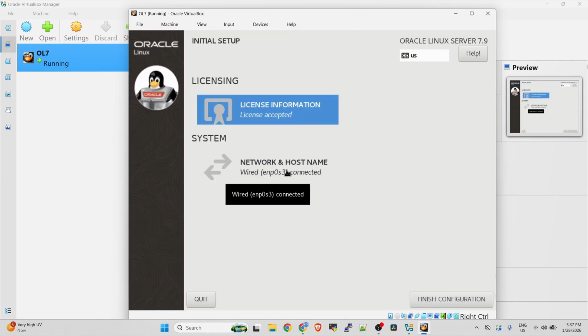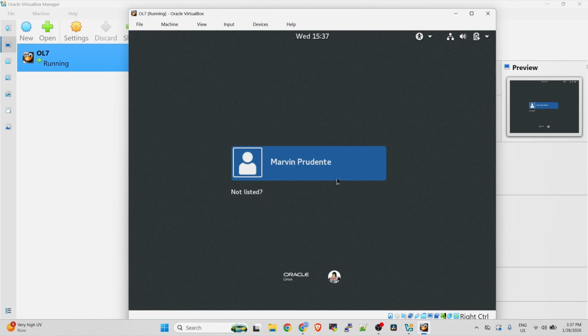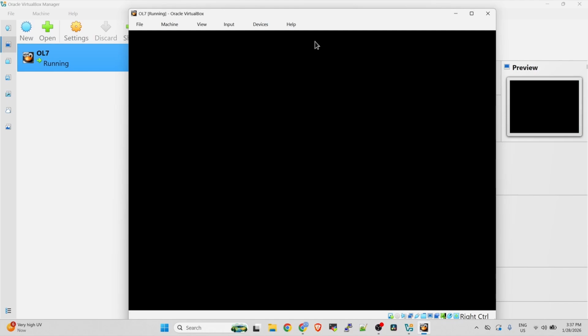And our network and host name was already updated earlier, so we just need to click the finish configuration. And then for this one, this is our admin user. What we need to do is click not listed and then go ahead and enter the root credentials, sign in.